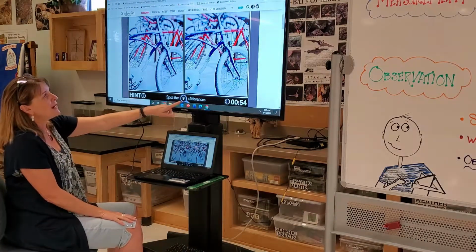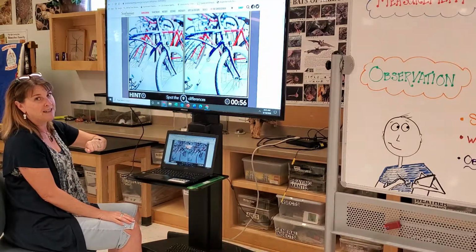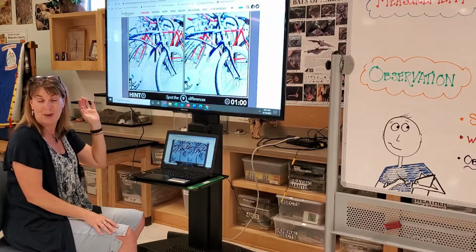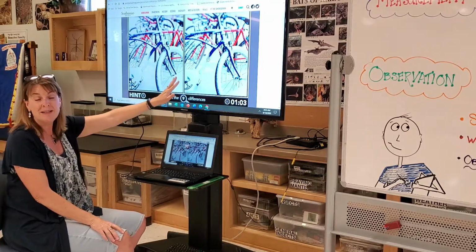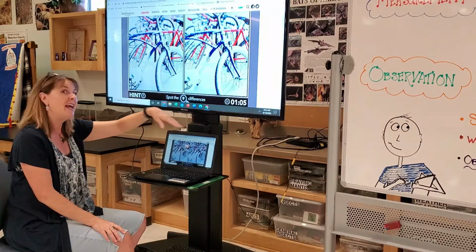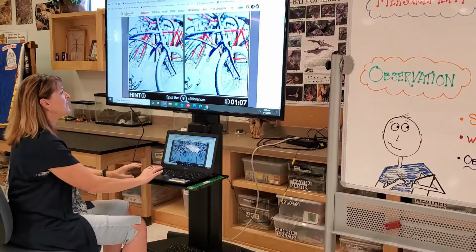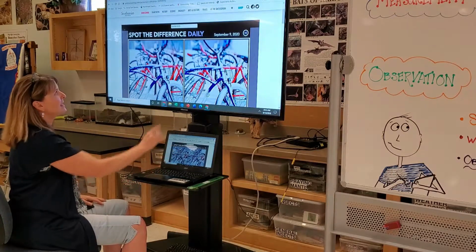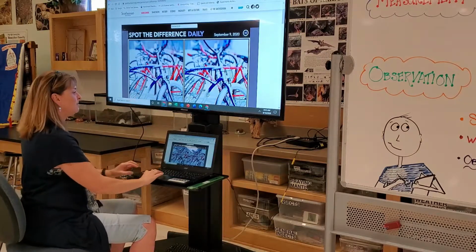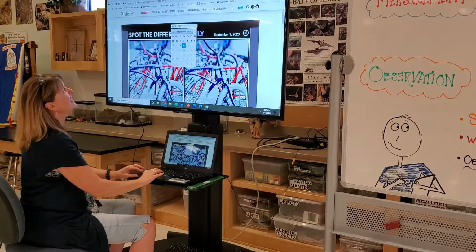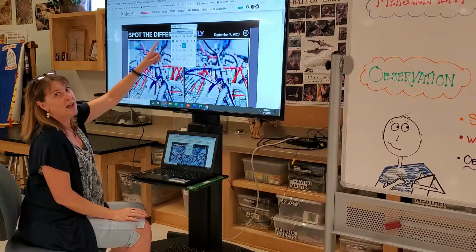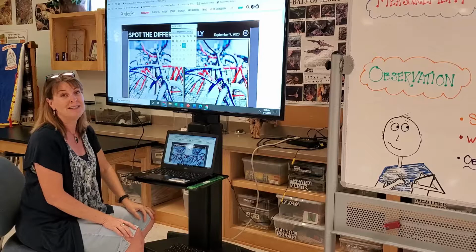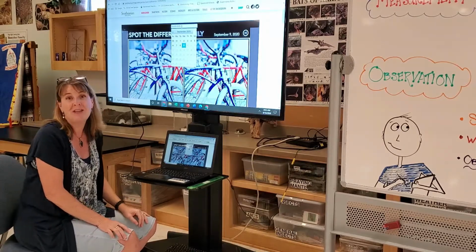So it tells you how many more things you have to find, and you can compete with your brother or sister or your parents on this one to see who gets the best time, and you can practice on other days. When you're done, you simply go to the top, to the calendar, right up in here, and when you click on that, it will let you choose other days, so you can do as many puzzles as you want. And it helps sharpen your observation skills. I hope